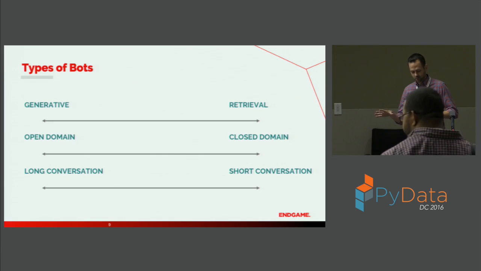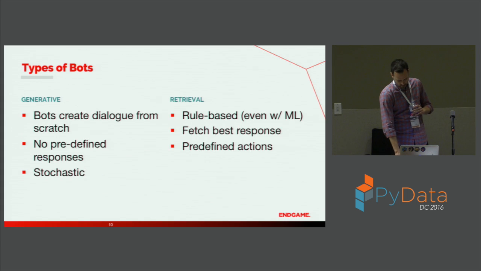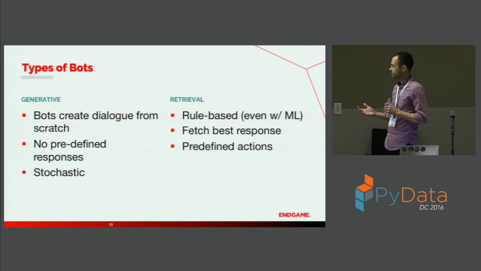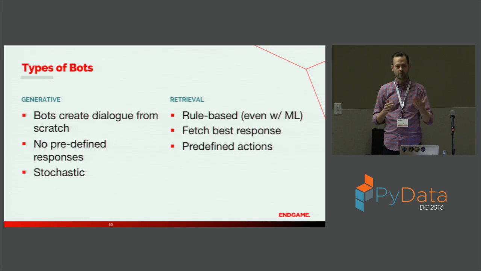So we'll dig a little bit more into the types of bots, just to give you some background as we move into the bot development kits. The first up is generative versus retrieval. These are like the two highest levels of bots. Generative is kind of the dream, which is everything stochastic. It receives an input and generates a completely novel output. You can think of Ex Machina or Her as examples of something like this. Not a lot of real world ones yet.